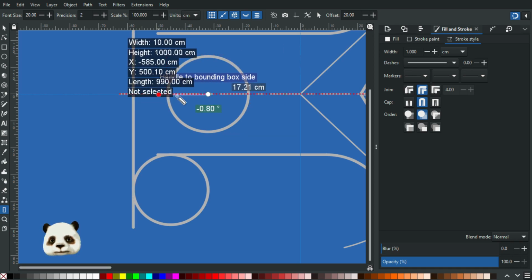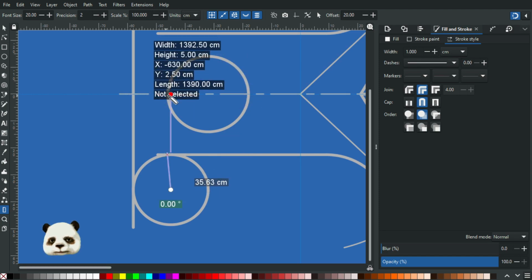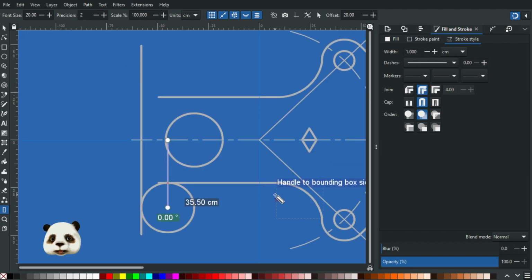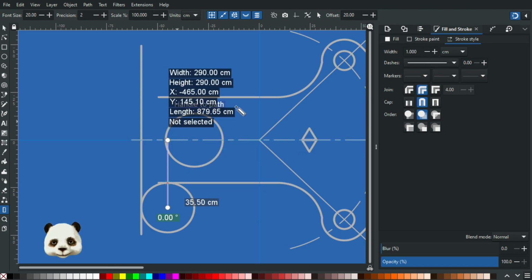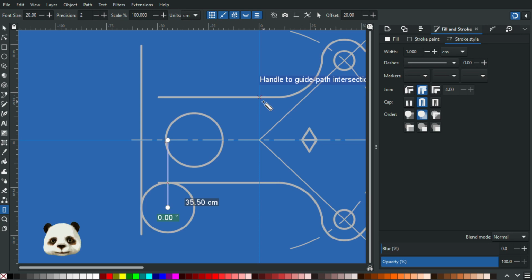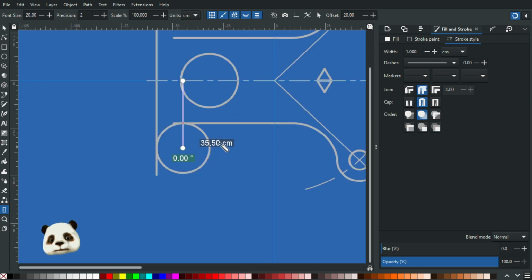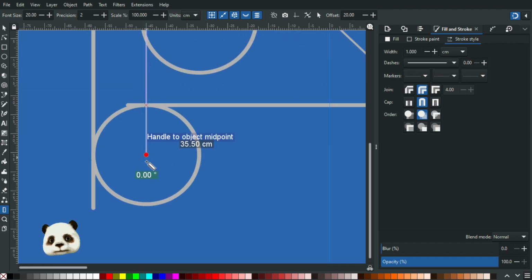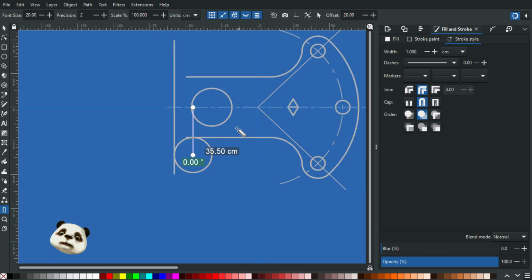So if we, I don't know, select this center over here, that's a 35.5. So that's more than 70. That's 71 actually. So technically, I think I need to push it more. I don't know. But again,